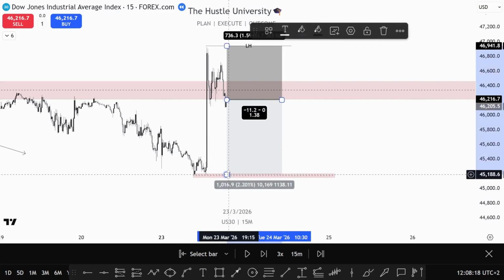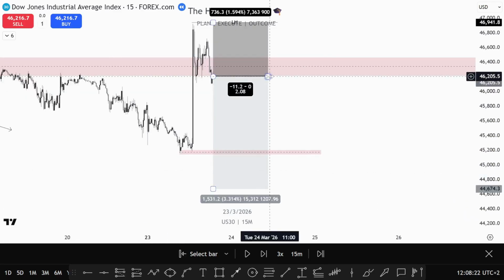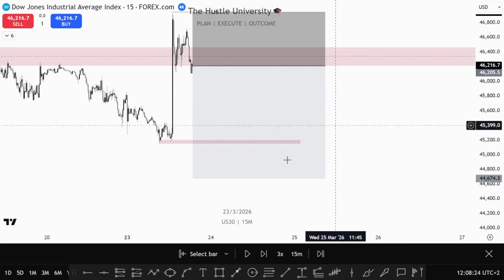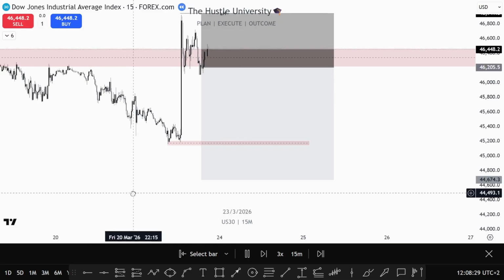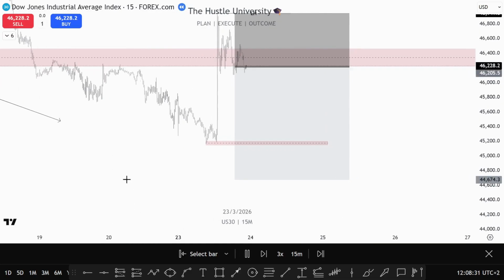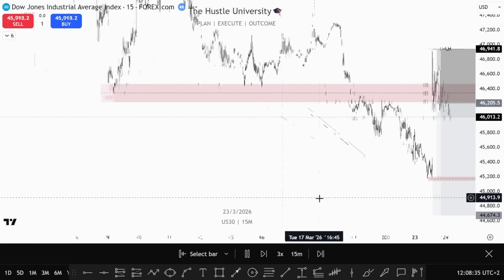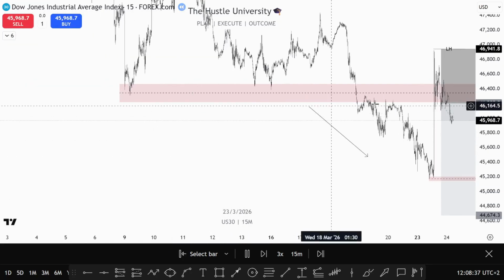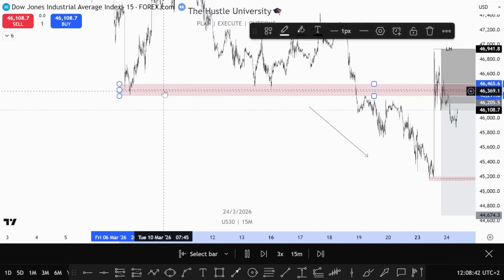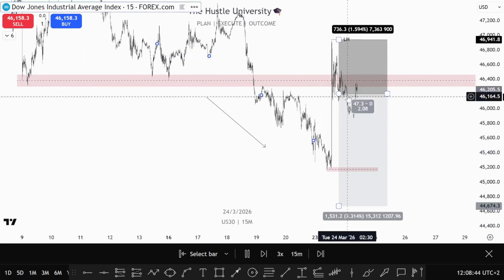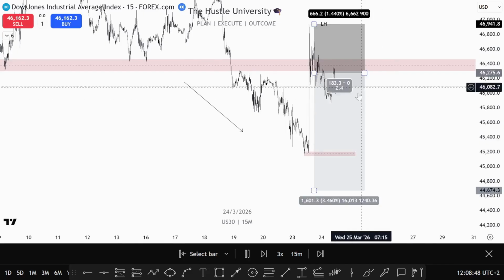If you wanna maybe hold, maybe get a 1:2, that will be up to you. But pretty much this is how the trade would have gone. You know what I'm saying? So just from the indication price gave you from this level over here, to the downside, and as you can see, if we're selling price below this area over here,